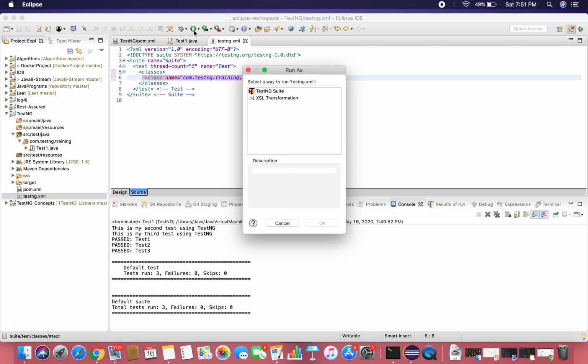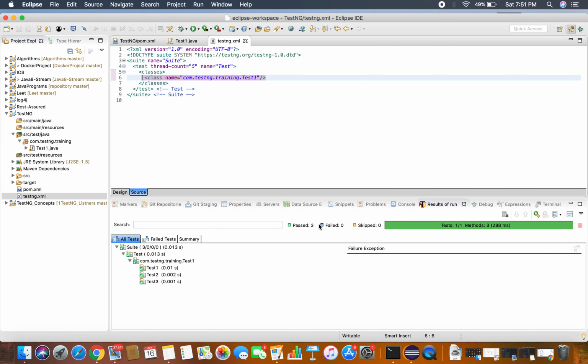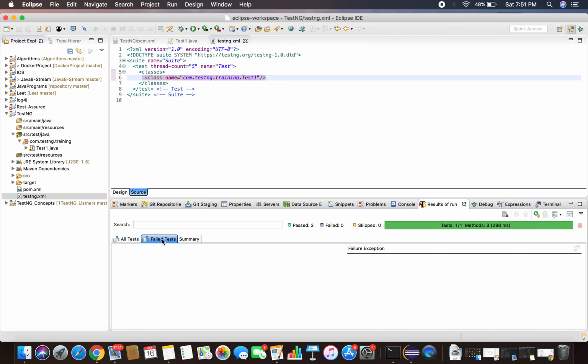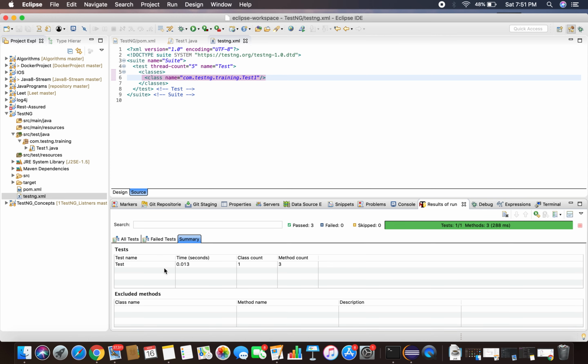Click run, select testng suite, click OK. So you get the same output, but when you are running it from the testng XML, you are seeing the report. You can go to file, test, summary. You can see the test name, the time, how many seconds it took to execute, how many classes, one class, and method count 3.